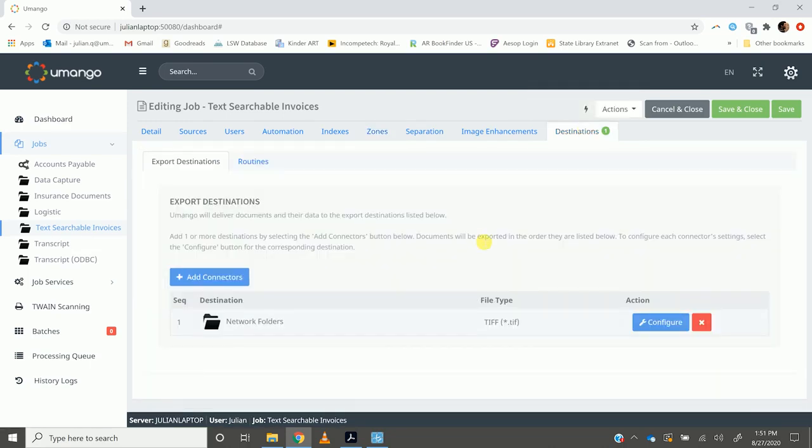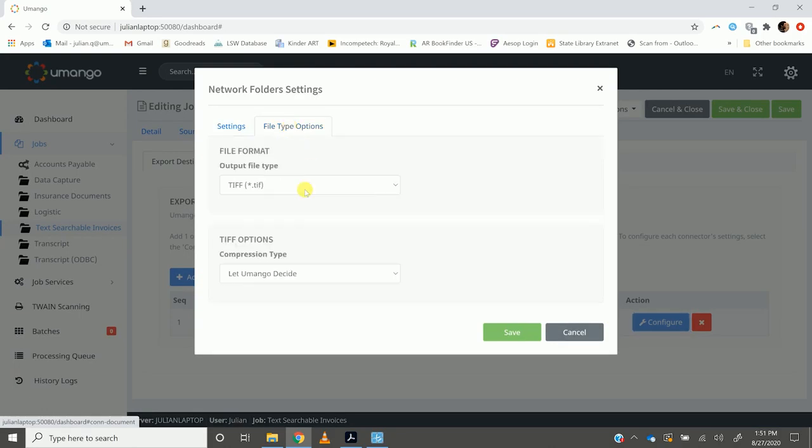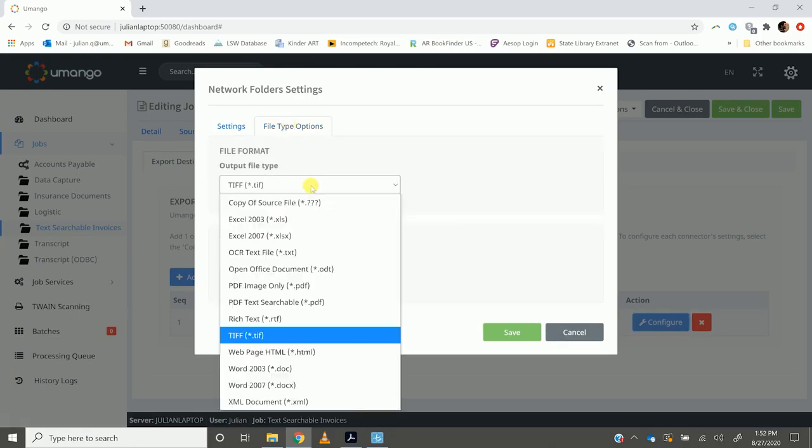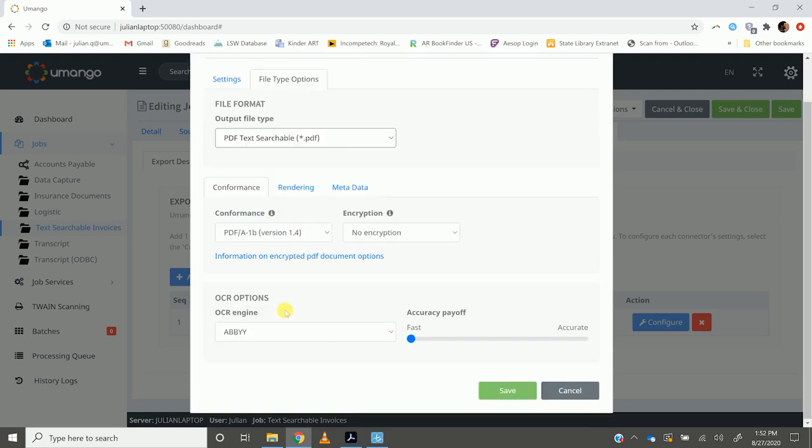Because what I need to do is tell Umango that we'd like to export a text searchable PDF. So right now we're set up for network folders, and our TIFF is the file type. So we're going to configure that. Okay, hop over to file type options, and under our output file type, we're going to change that to PDF text searchable. Now, if you look right down here, there's a little tab that says metadata,